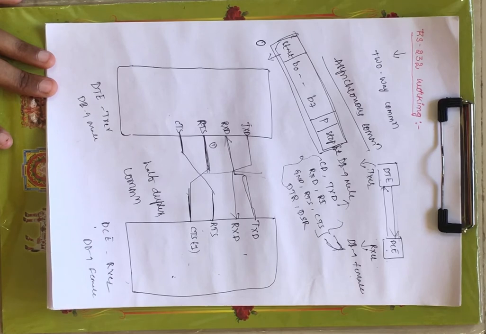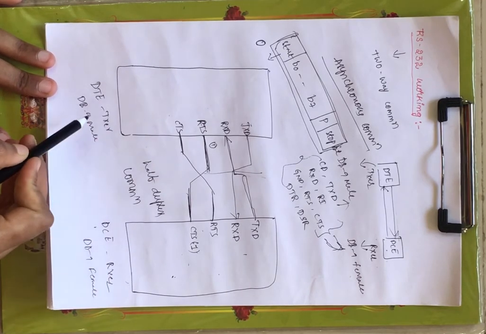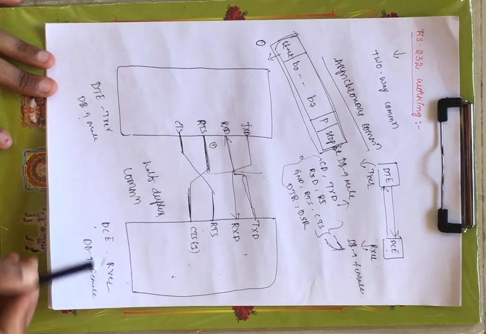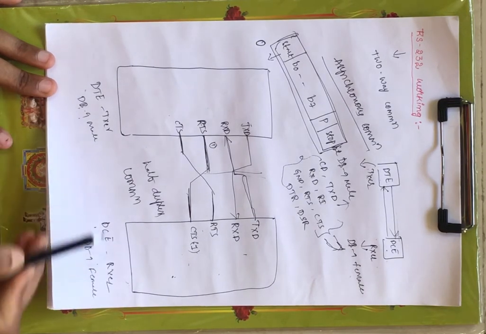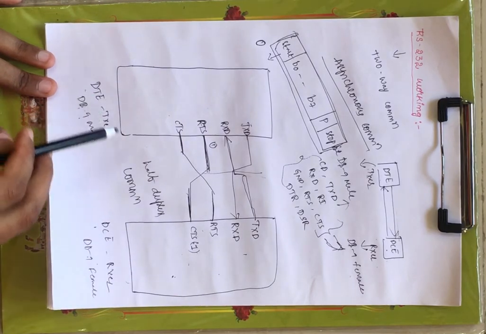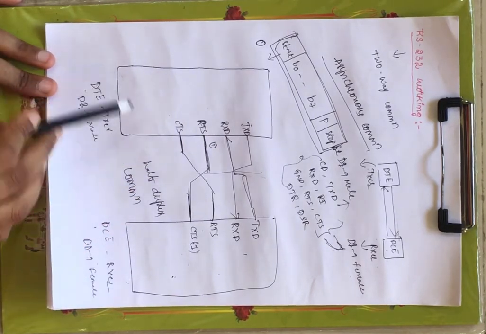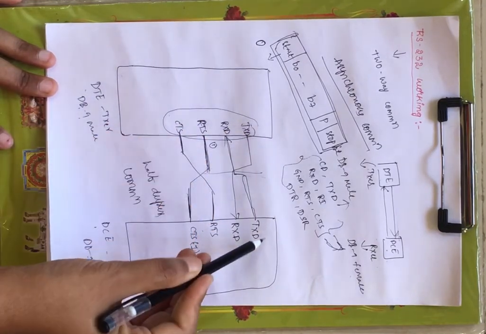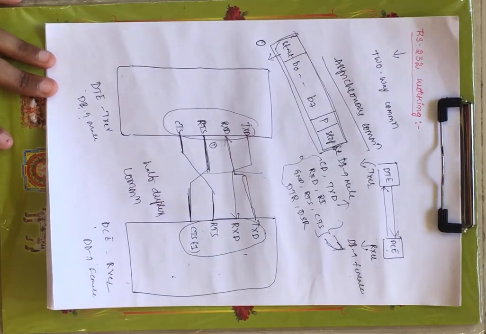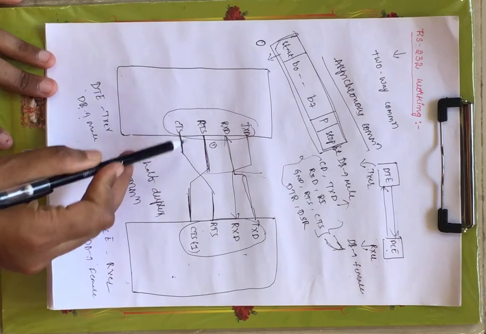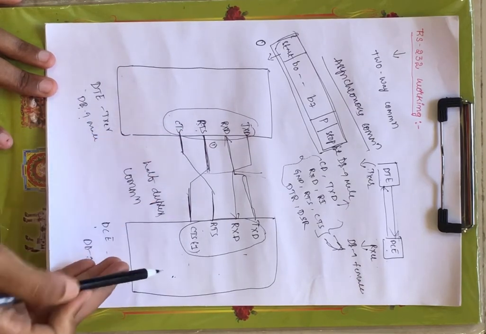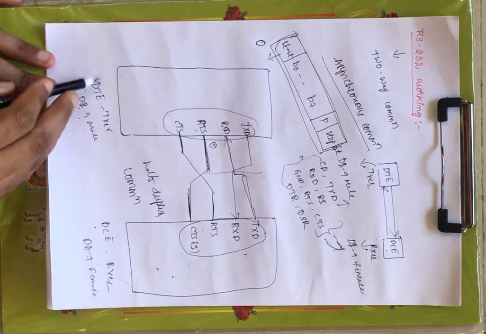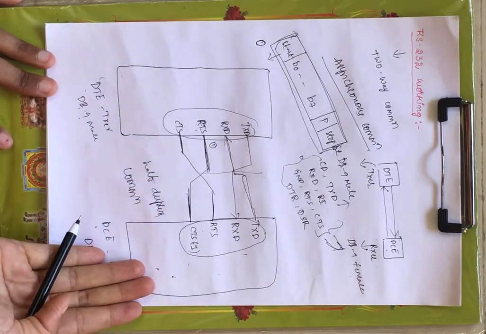Now this supports asynchronous communication. RS-232 supports asynchronous communication. Now let us see its working. We have seen the DB9 male connector and DB9 female connector in the previous lecture. DTE is the transmitter and DCE is the receiver. In order to see the working, first the DTE and DCE are connected. I have considered only the 4 pins that are very important for serial exchange of data between your DTE and DCE. First the RTS signal, request to send, is generated from DTE to DCE. That means DTE is requesting the DCE to send the data.